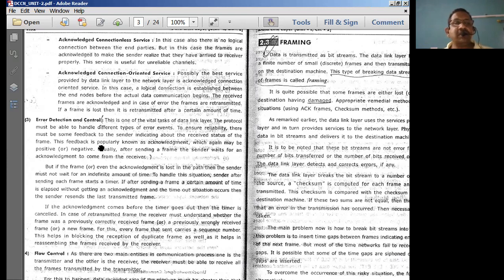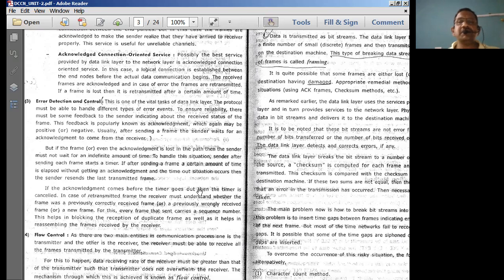How do we normally detect the error? It is normally based on the checksum. There are important applications called checksum, CRC codes, and Hamming code. They are used to detect the error. We already discussed Hamming code in the DLD or STLD subject, and I think we have discussed CRC code in the DLD subject as well. Those codes are used here to detect the error in the data which is transmitted, along with the checksum. So all these are the various error detection techniques.